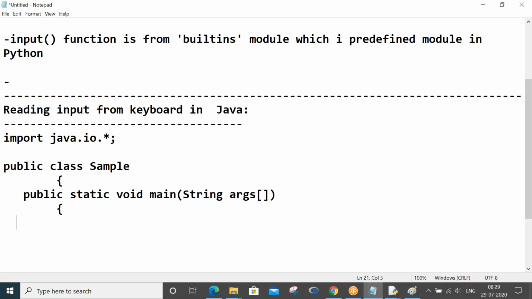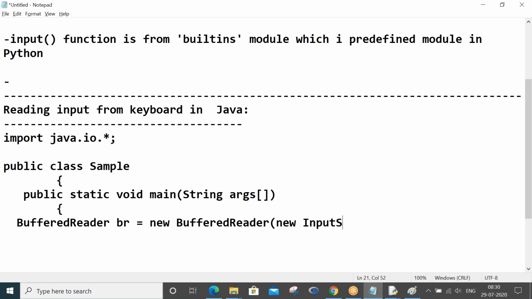To read input from the keyboard, there is a method called readLine. readLine is a method of the BufferedReader class, so you have to create a BufferedReader object. As I told you, if you do not understand, that's fine. Just see the number of characters and lines, how big I am writing. BufferedReader br = new BufferedReader(new InputStreamReader(System.in)). So the BufferedReader object got created, that is br.